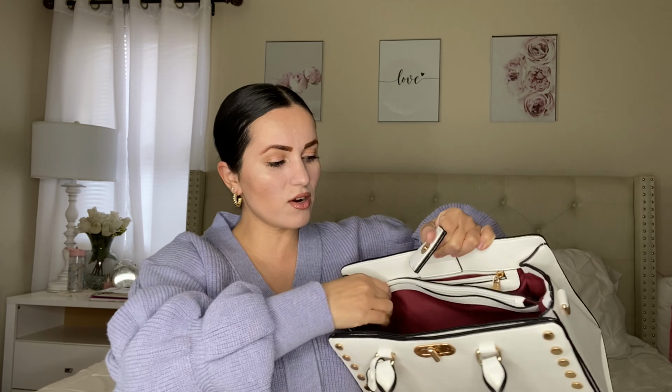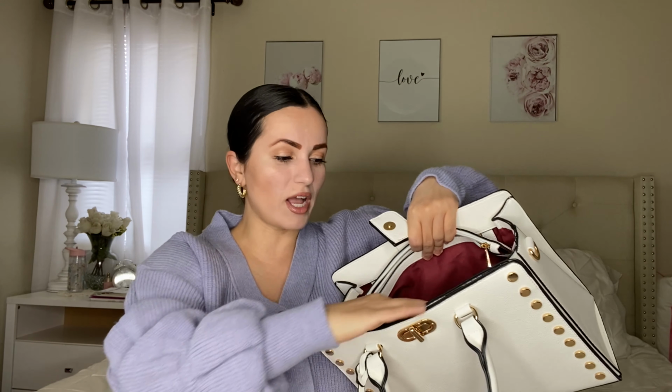And the reason why I really love this bag is that it has a lot of compartments. So if you're an organized freak and you like a bag that has a lot of compartments, this is perfect. So it has this compartment right here where you could put maybe your keys, your cards, whatever. And one thing I forgot to mention is they always give you a dust bag. And then it does also have this area right here. It has this slot where you can open it. You zip it up, and there's that. And then they have this side right here as well. It has these two slots right here as well where you could put your phone or keys. I really love the fact that the inside is a really beautiful burgundy color, and